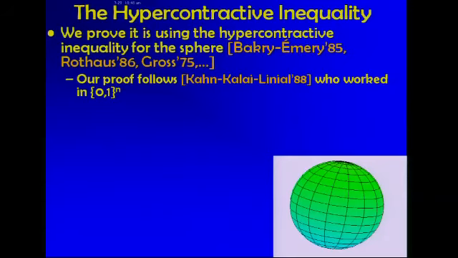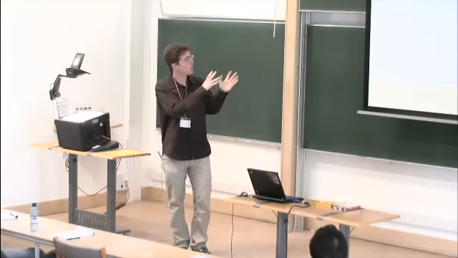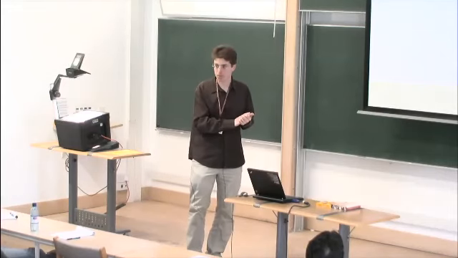In the case of the sphere, this follows from quite general statements by Bakry and Émery. You can also get the right constants using a result by Rothaus, who found the right constant for the log Sobolev inequality, and using Gross's connection between log Sobolev and hypercontractivity. So luckily, all the hard work has been done before. You really know exactly how hypercontractivity behaves on the sphere. And I should say, what we're doing here is very similar to what was done by Talagrand and by KKL. They worked in the hypercube, in {0,1}^n, and used the hypercontractive inequality over the hypercube. But what we're doing here is almost line by line the same, just for the sphere.